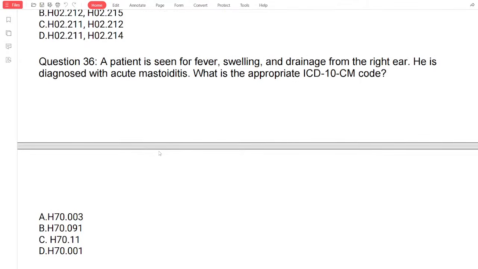Thirty-six. The patient is seen for fever, swelling, and drainage from the right ear. He is diagnosed with mastoiditis. So, what is the